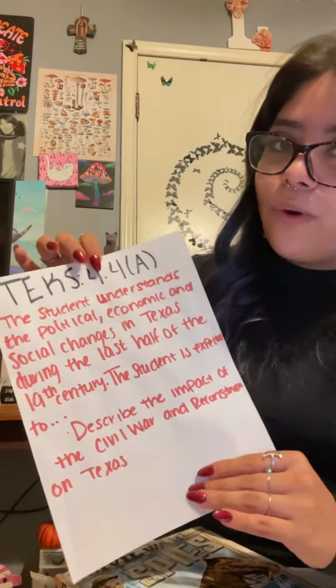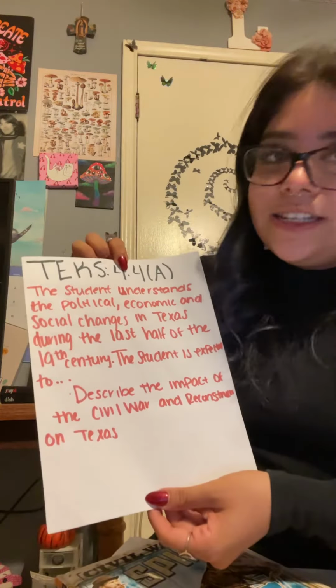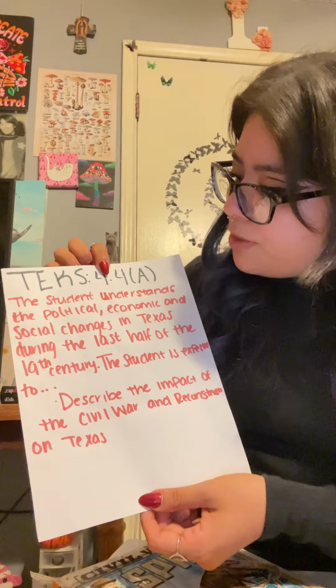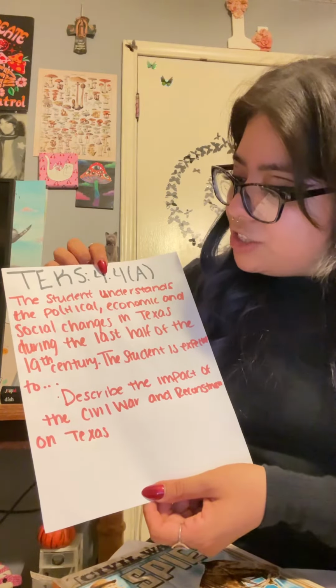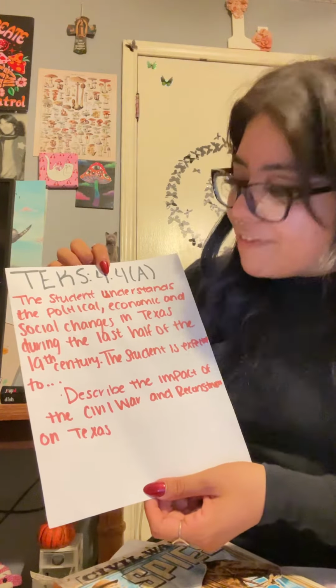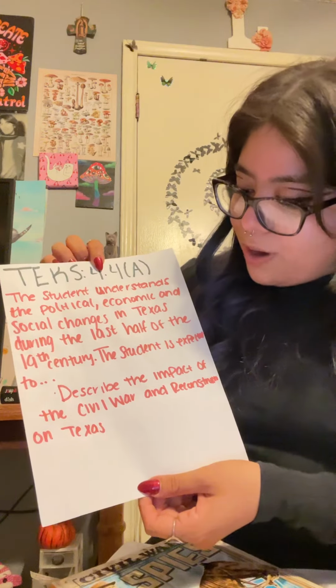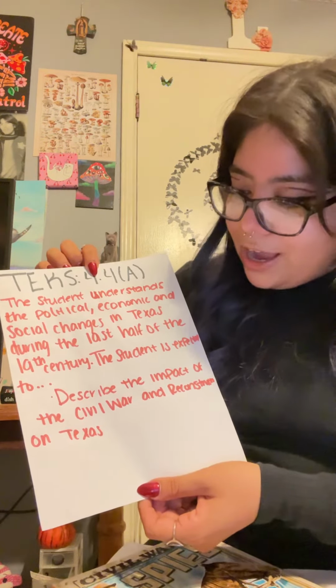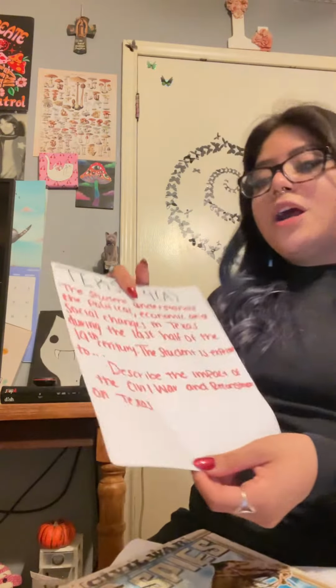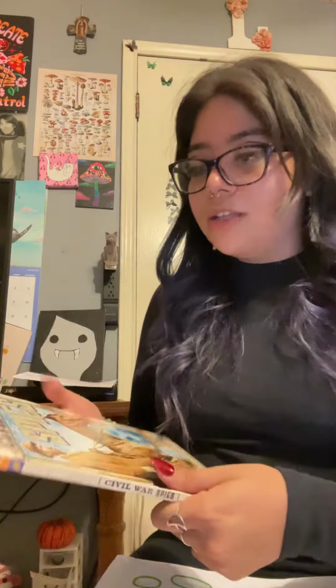Now, this book actually relates to our TEKS here, which is 4.4a. This text says, the student understands the political, economic, and social changes in Texas during the last half of the 19th century. The student is expected to describe the impact of the Civil War and Reconstruction on Texas. So we're actually going to be describing the impact of the Civil War on Texas through this